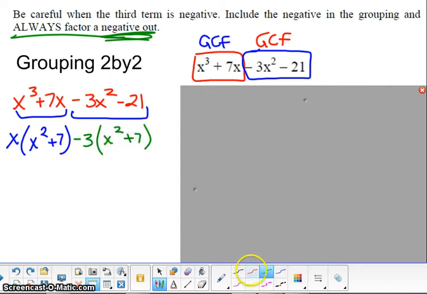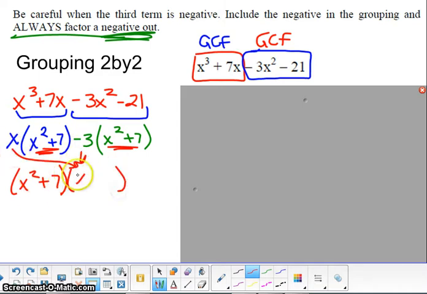Okay, now the fact that these are a match is a good thing, because those are going to come together as one, and only one set of parentheses. And then the 2 values on the outside are going to come together into one set of parentheses. And that is how you factor by grouping. Okay, so I'll give you some more examples in a little bit, but I want to talk first about